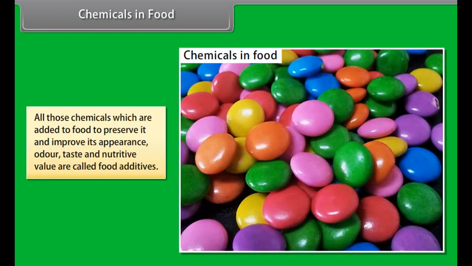Chemicals in food. All those chemicals which are added to food to preserve it and improve its appearance, odor, taste, and nutritive value are called food additives. Main categories of food additives are as follows: